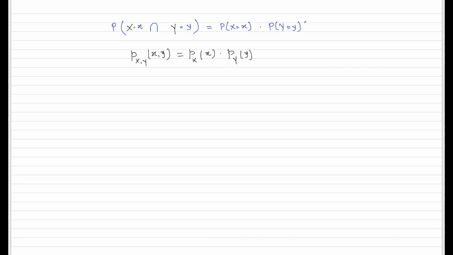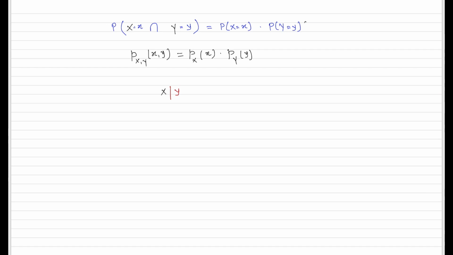So, if I have to tell you the intuitive definition of the independence of these two random variables: when I tell you the value of y, no matter what value I tell you, your belief about x will not change.